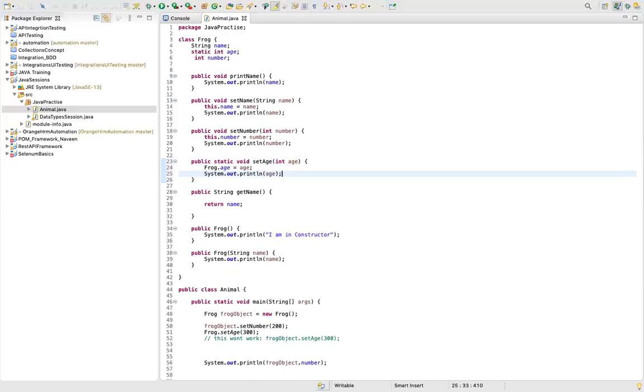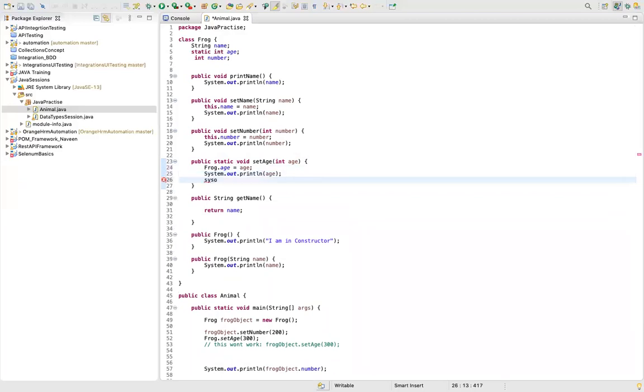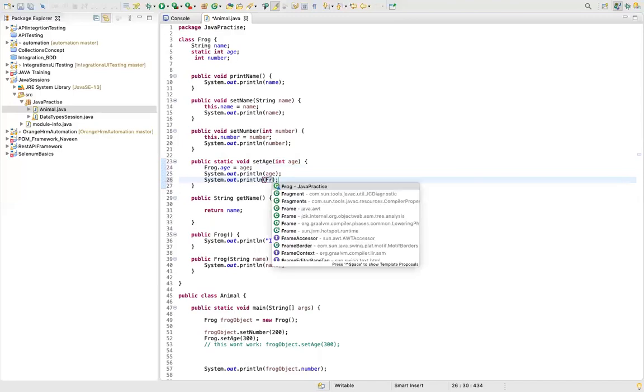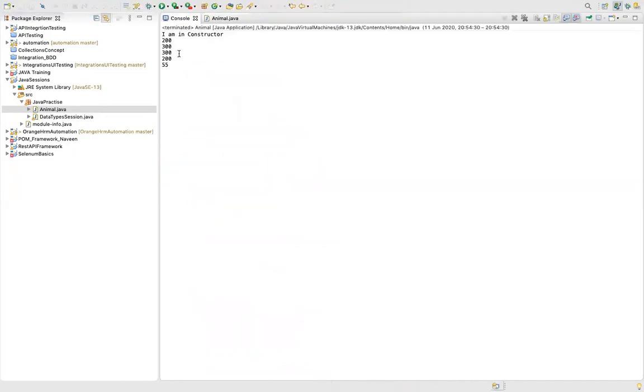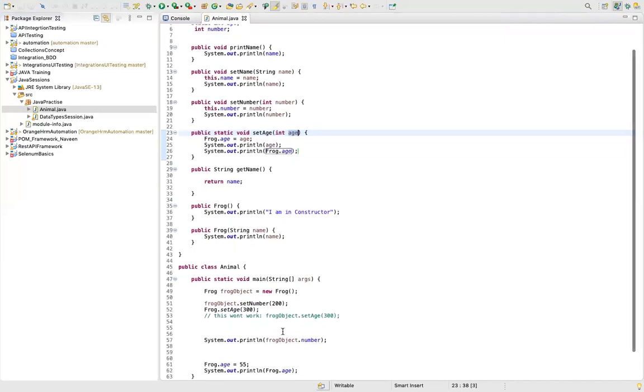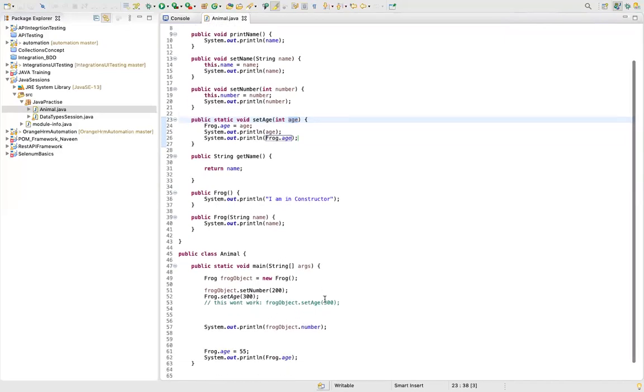And again, if I say Frog.age, can you see the color difference, guys? This age is the local variable and this age is the class variable. Now when I print this, you get the output as 200, 300. I mean, what was the value? 300.